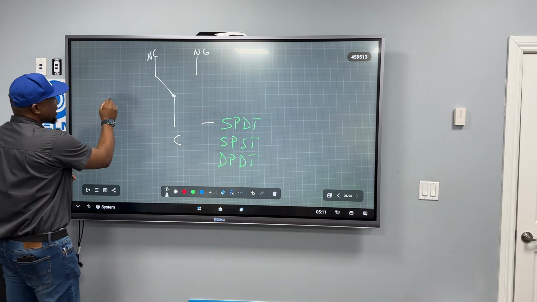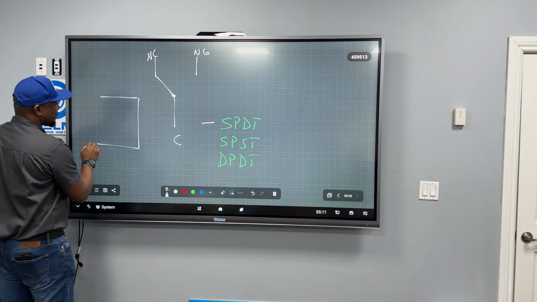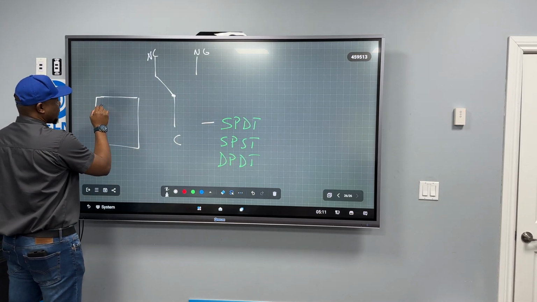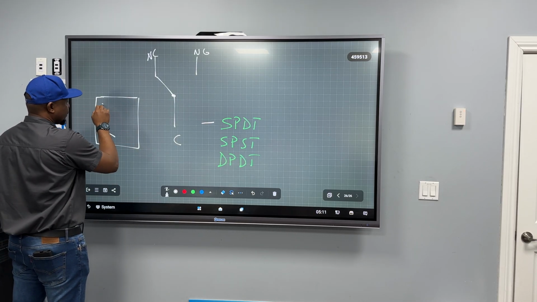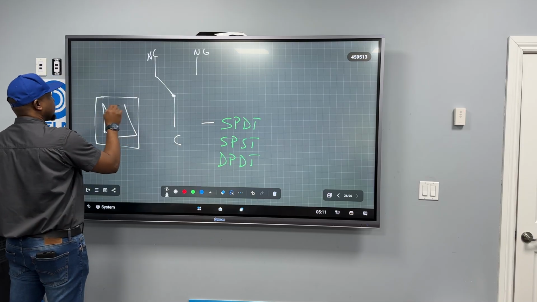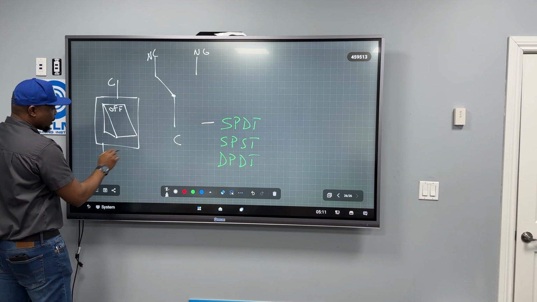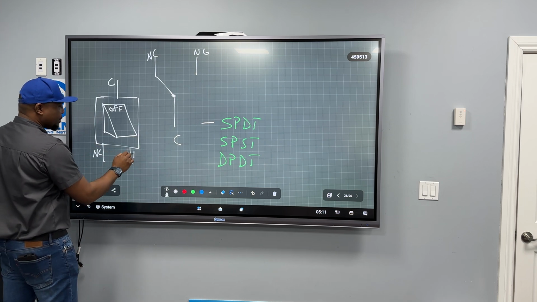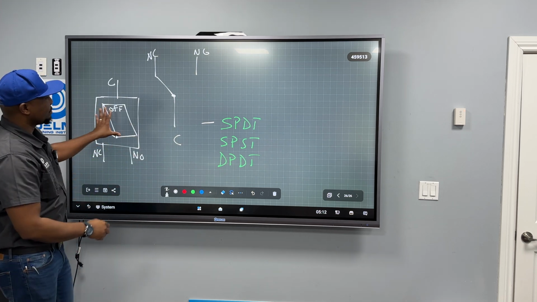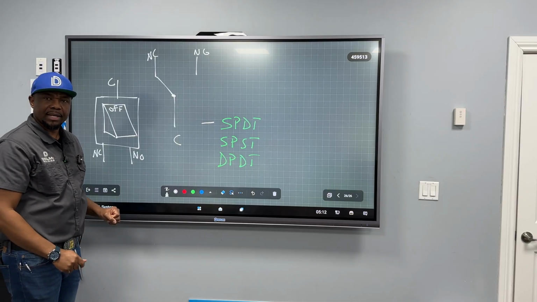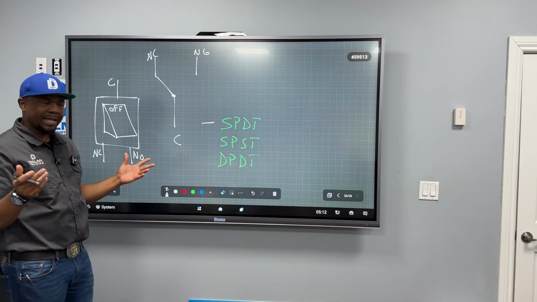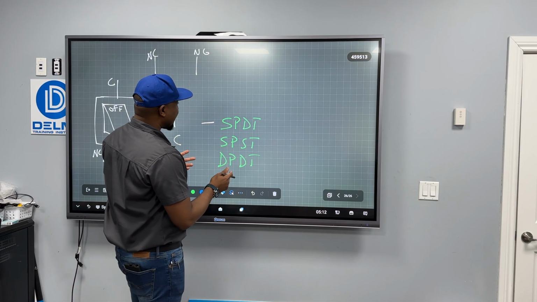Or it's just going to be a switch that looks like this. Off. And it's got a common. And it's got 2 poles here, normally closed and normally open. So this could be that, right? So just use the right terminologies. If it's a